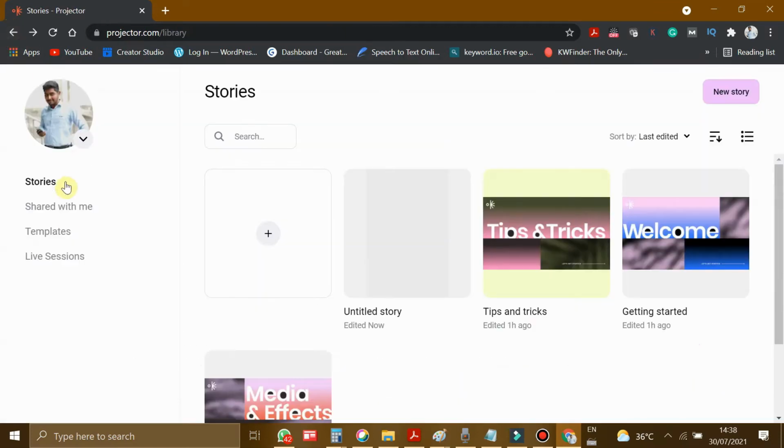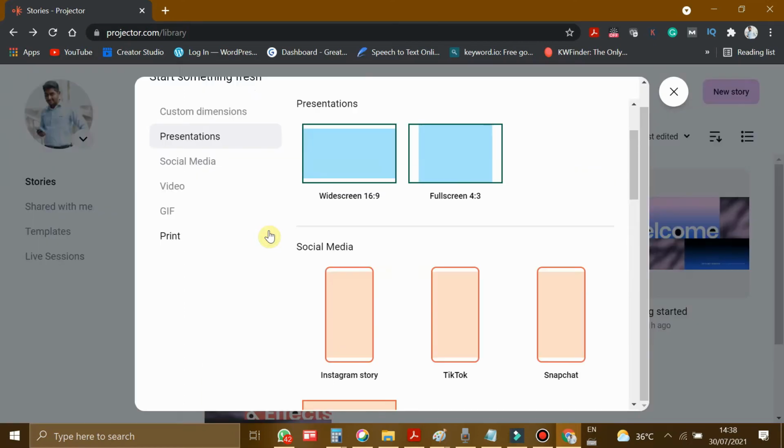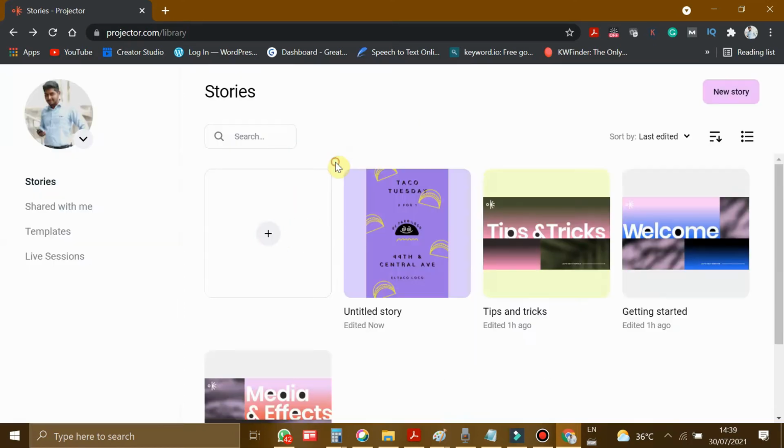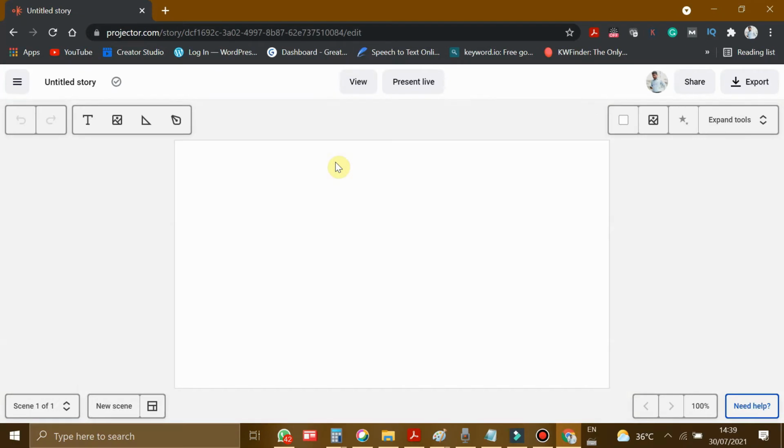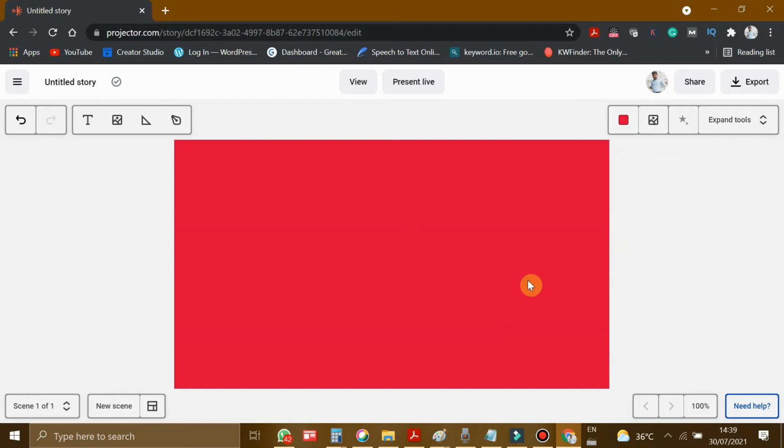Let's go back and try creating a basic new design to explore all the features. I'll choose this. This is a very simple dashboard. You can easily understand everything. You can change the background color here, whatever color you want. I'm just keeping it red. You have an option to add text as a heading, paragraph, caption, and a default option.